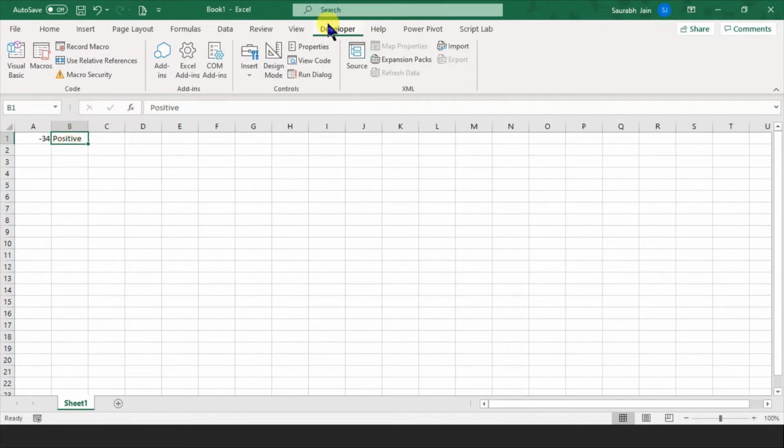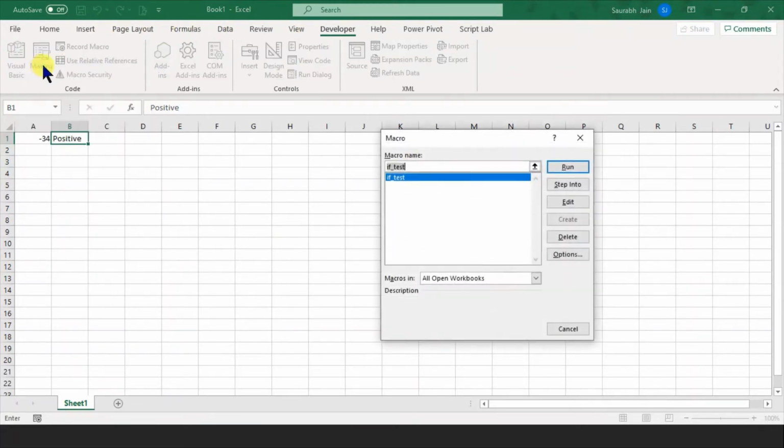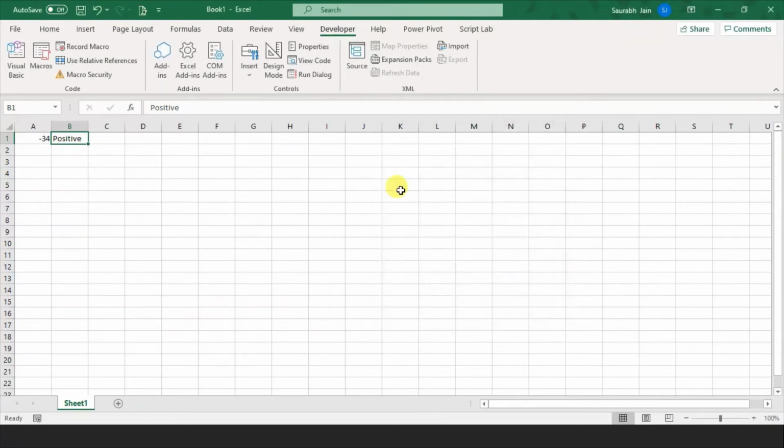So if we run this program, we may say, oh, the computer has written positive, but actually the computer has done nothing. Fine. So let's see. It is showing positive for minus 34, but actually it has done nothing because positive was already written. If I run it again, nothing will happen.